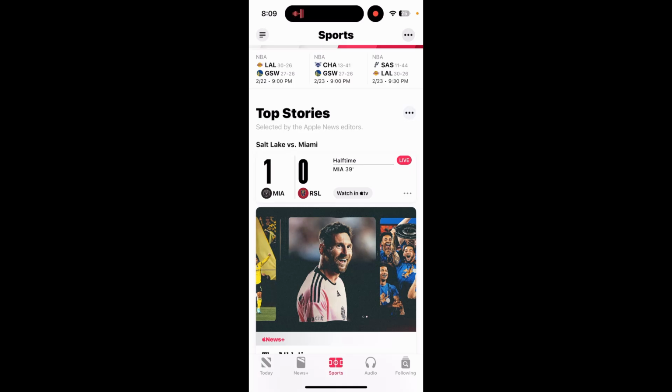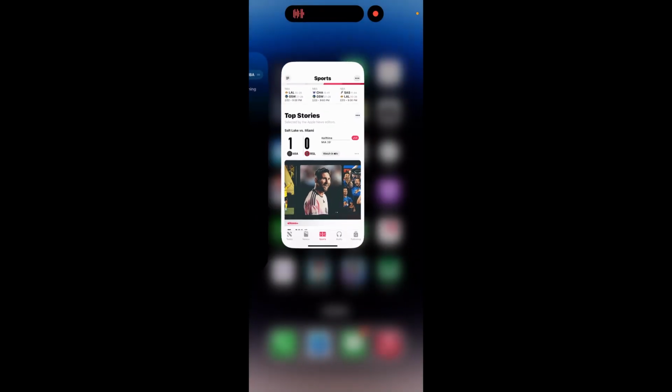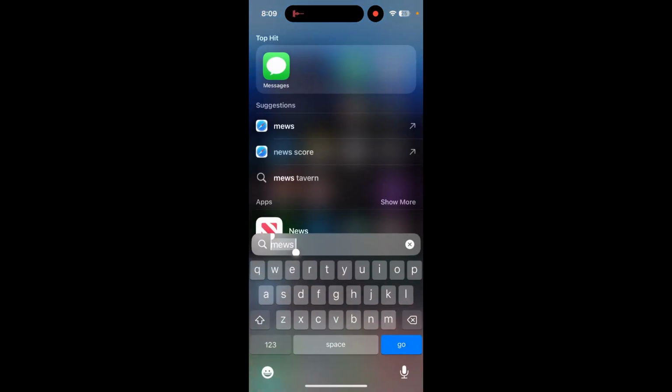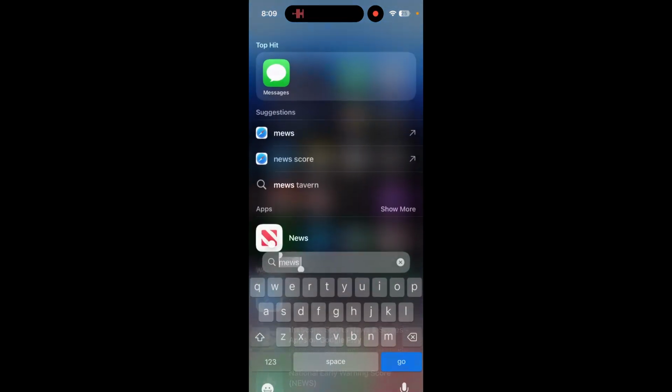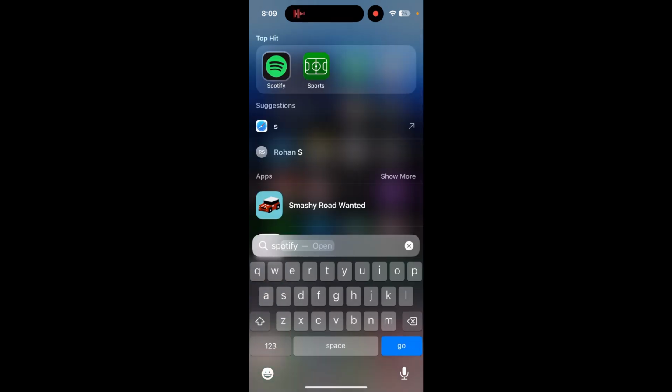Because today we're going to look at the Apple Sports app. This is a new app that Apple developed and released to the public on February 19th.